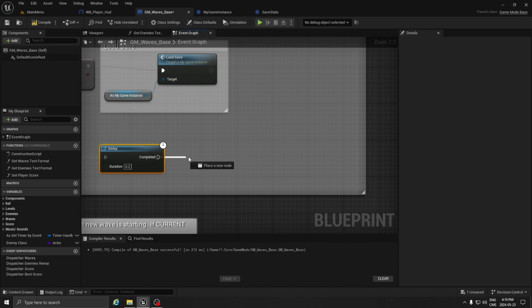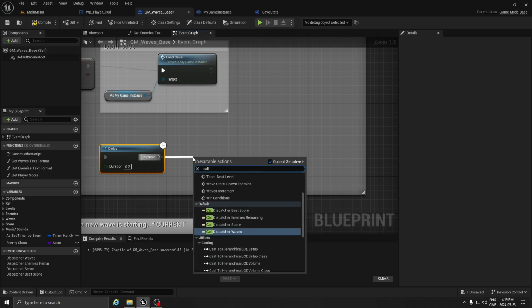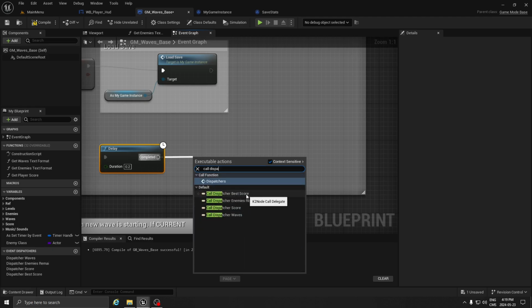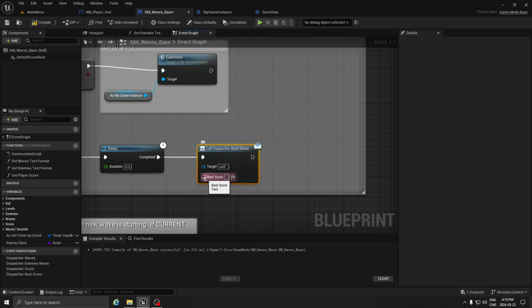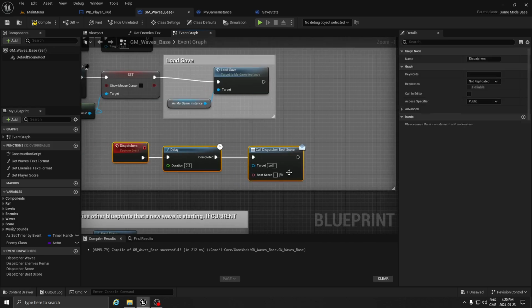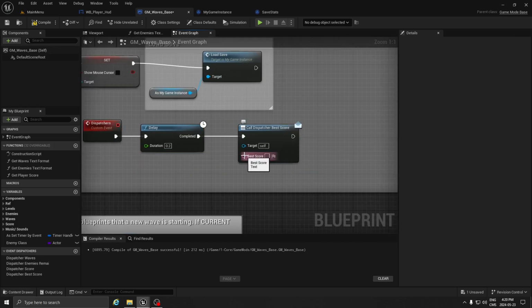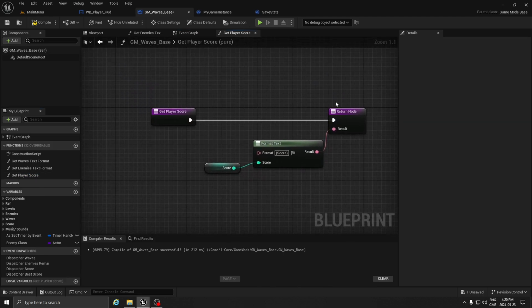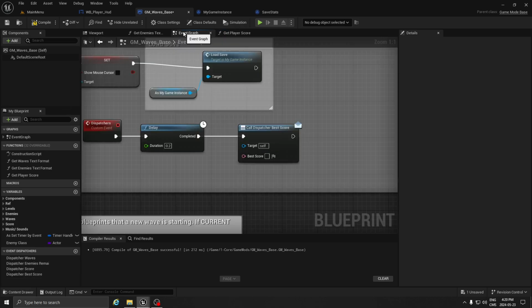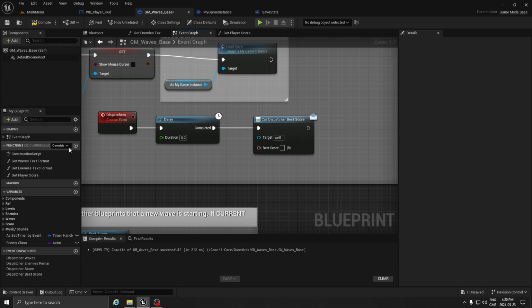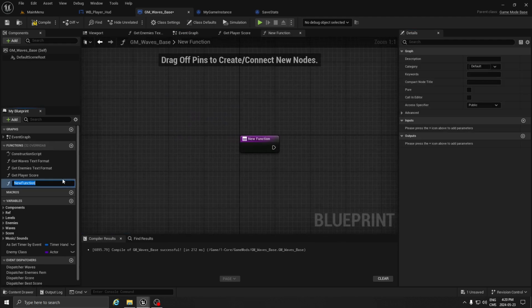We can just drag from that and do call our dispatcher. We want to call this one here. And the best score that we want, we're going to have to do a little function, just to keep that a little bit tidy and better looking. We can drag from here and create a variable like we did here, something similar to this. So what we're going to do is go on function here, just click plus and we're going to do get